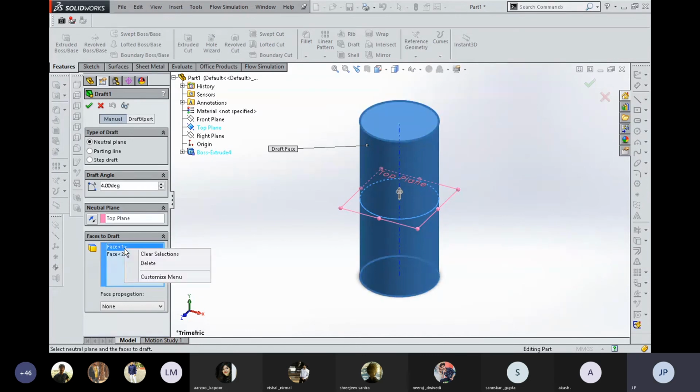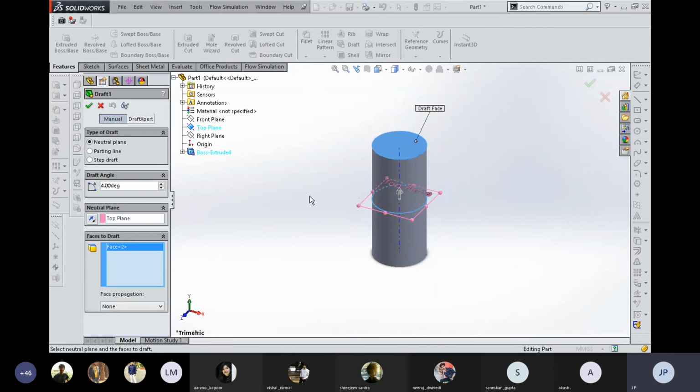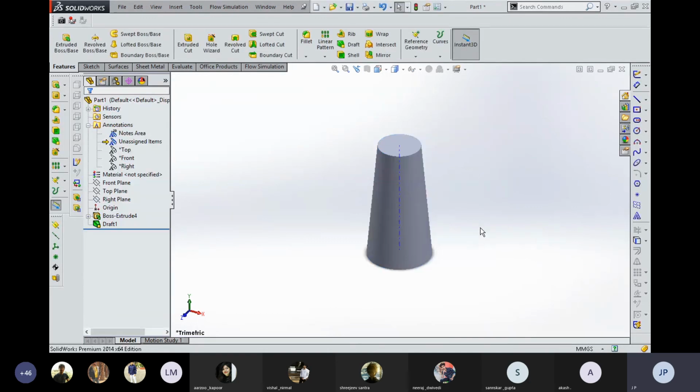So you can see that by selecting the face, there are few more features available in the draft.